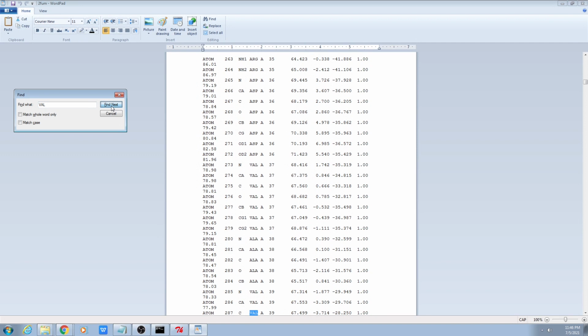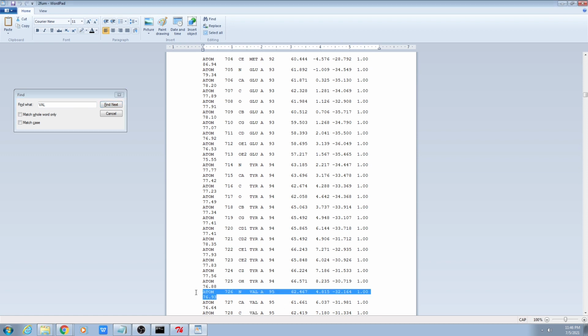I have to find valine 95 because, from the research paper, I found valine 95 is the active site of this particular protein. These are the valine 95 coordinates. I take these as the active site.